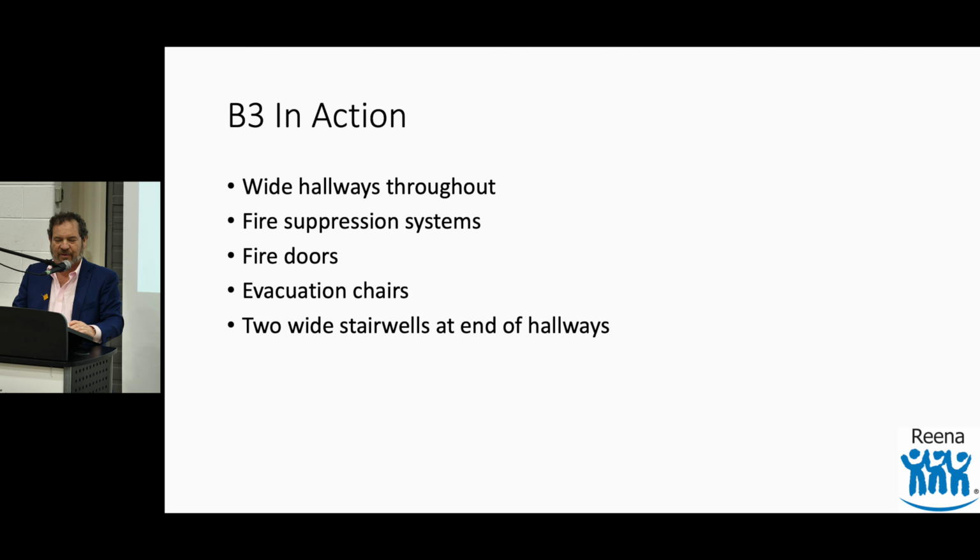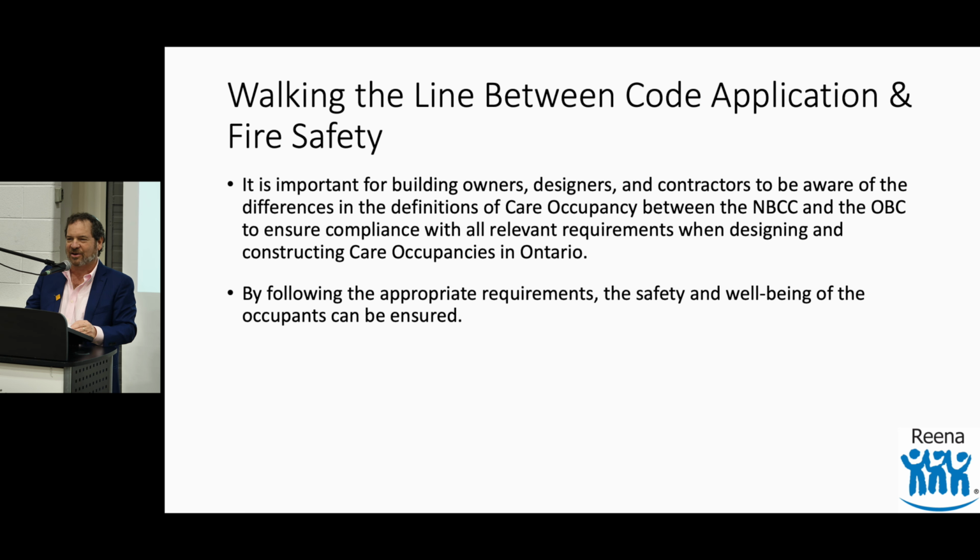If we can get to every place having B3, then all of us will have a place in the community. Why should we be in a situation where some are safe and some aren't? Why are some citizens being kicked out of their houses because they get care and others aren't? It just seems fundamentally wrong. We can't control the development world, but we certainly should be able to influence the political world. So I call on all of you to speak in your municipalities, your provinces, your government folks, and say this is unacceptable, to have different standards for different citizens. So that's the end of the B3 subject.